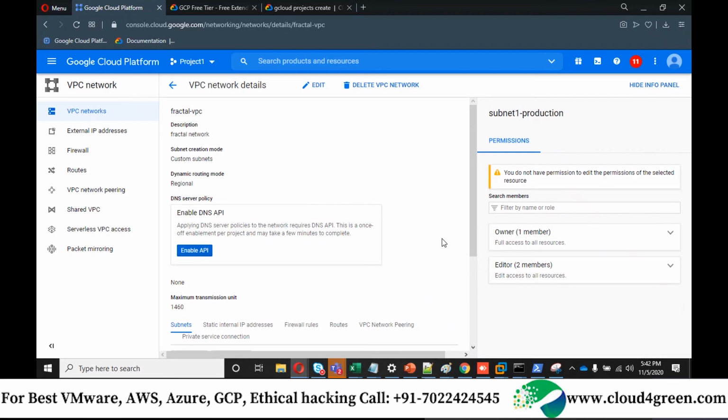Higher the packet size, lower the transactions. So when you keep 1460 as a transmission unit, it uses a lower packet value or a frame size so that it can be easily transmitted faster over internal and external network. You understood? Okay, sir. Yeah.